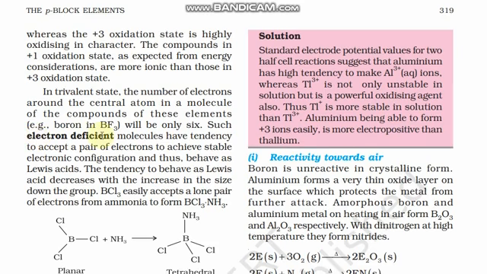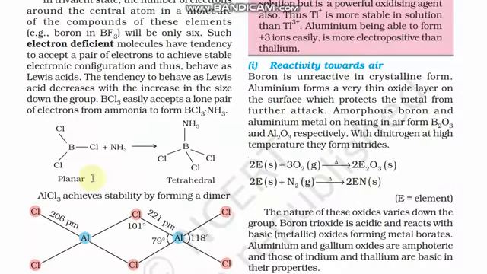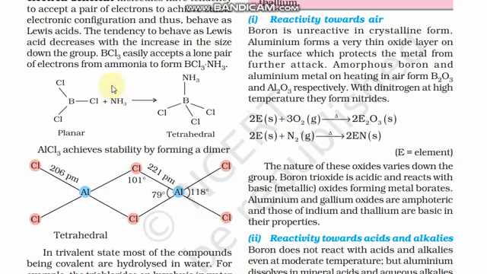Boron is trivalent and it is electron deficient. It forms BF3. This BF3 is an electron deficient molecule and has a tendency to accept a pair of electrons. That's why it acts as a Lewis acid. It means it can accept a pair of electrons. It means NH3 donates a pair of electrons to this boron. There are two electrons, it donates them to the boron. So it accepts. That's why we call it as